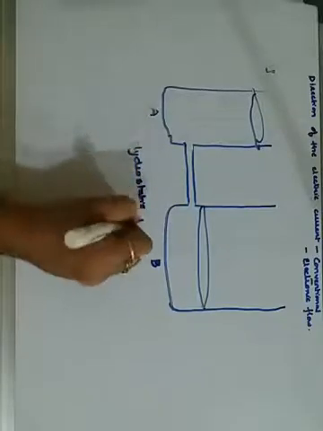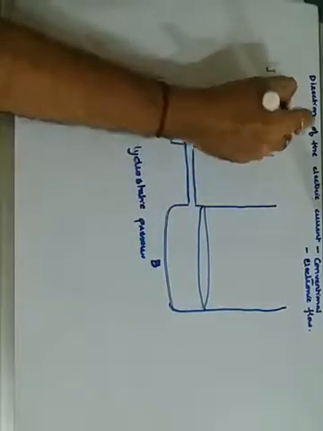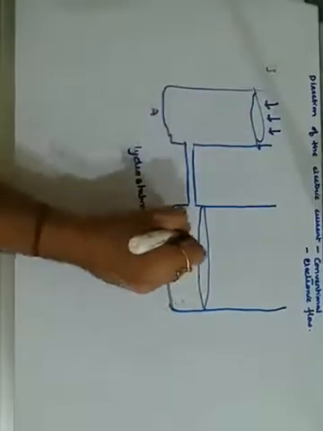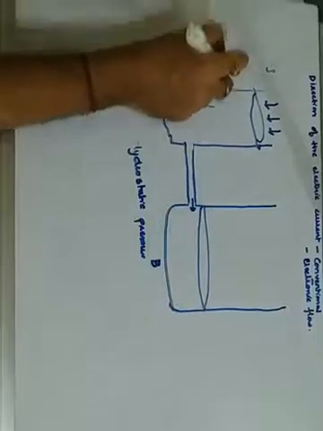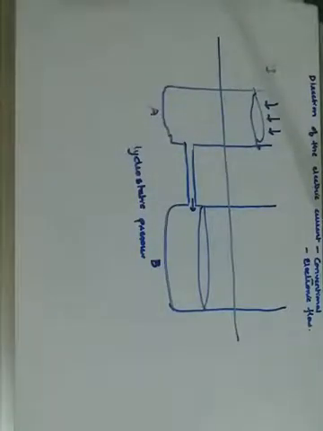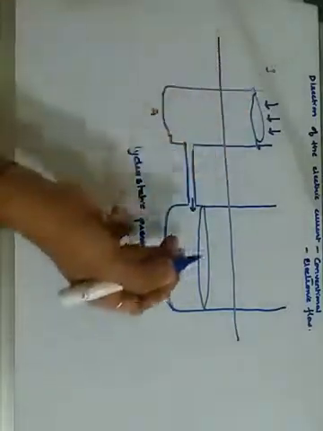Hydrostatic pressure. I told you, here the pressure exerted is more. So this will move and force the water to come into the other container till the level in both the containers become equal. समझ में आ रहा है? So here again it is moving from higher level to the lower level.